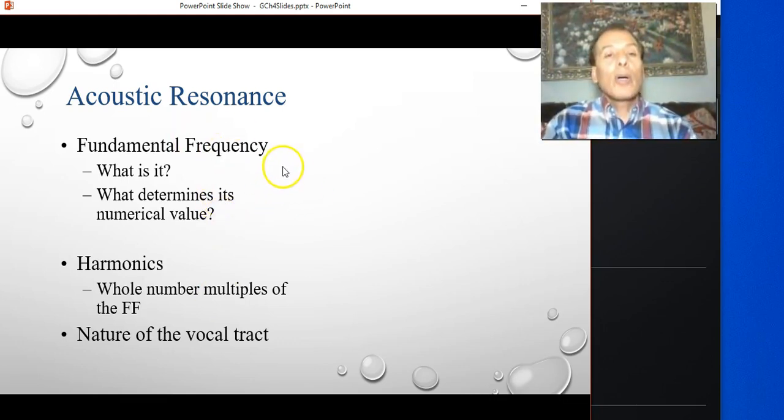In terms of resonance, basically it has to do with how the vocal tone that you make by the vocal folds travels through the pharynx, through the oral cavity and nasal cavity, and how the air inside of the space vibrates to echo the sound, to repeat the sound so that the sound doesn't die down before it gets out of your lips.